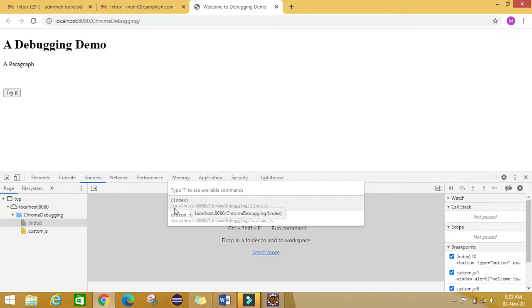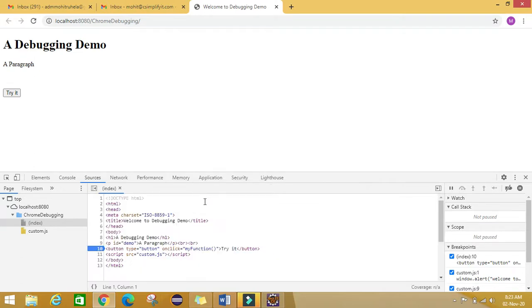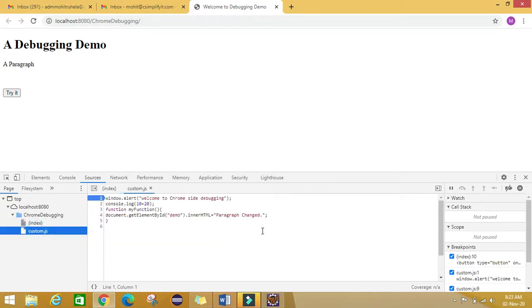So I have an index file, so I'm just typing index, and it is showing the file. I click on it, and I have a custom.js file. I'm just clicking on this one.